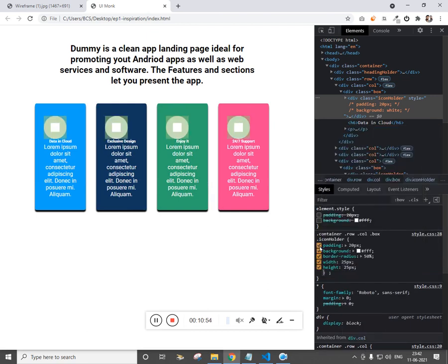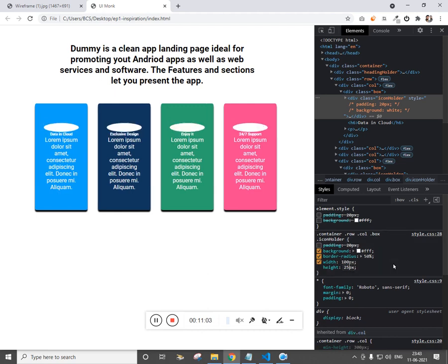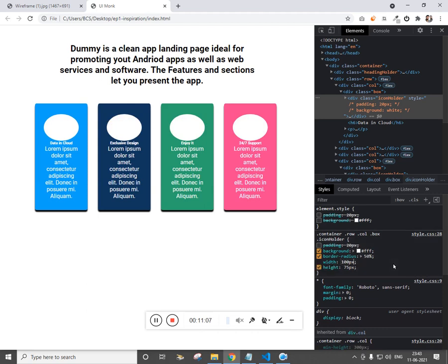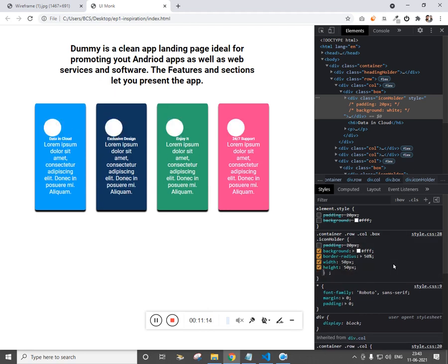Now I think padding is not required. Let me make 100, and this also 100. Not so good. 50, 50, and color black.